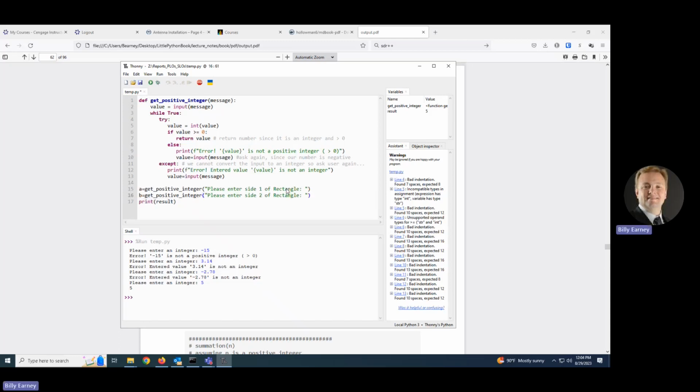And so we can calculate the area by just multiplying those two together. So we could do this. Area of rectangle is,